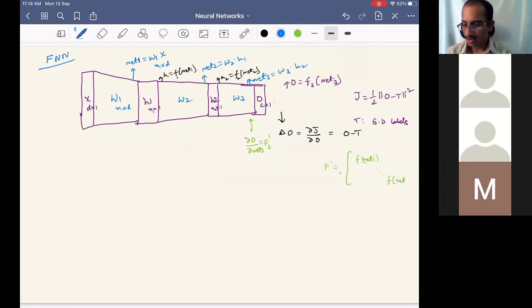Fine, good. So net 1, net 2 up to net C, and zeros elsewhere. Here this is for layer 3; net 3, 1 up to net 3, C all will come, so I am not specifically putting it. Again, F dash 3. Inside the matrix, isn't it F dash instead of F? Correct, so it's F dash. So I will change it here also. Internal elements are also F dash.